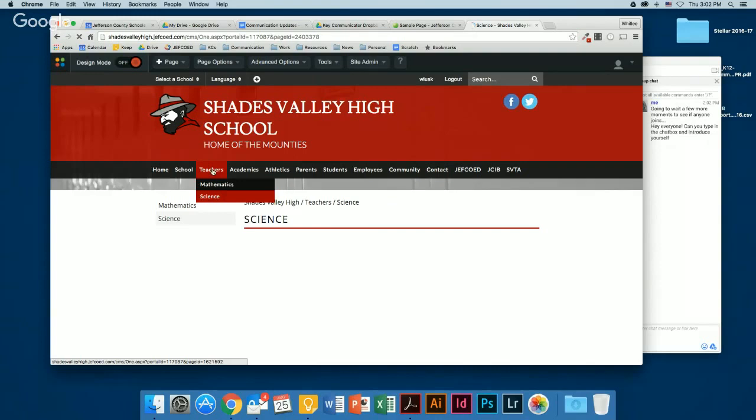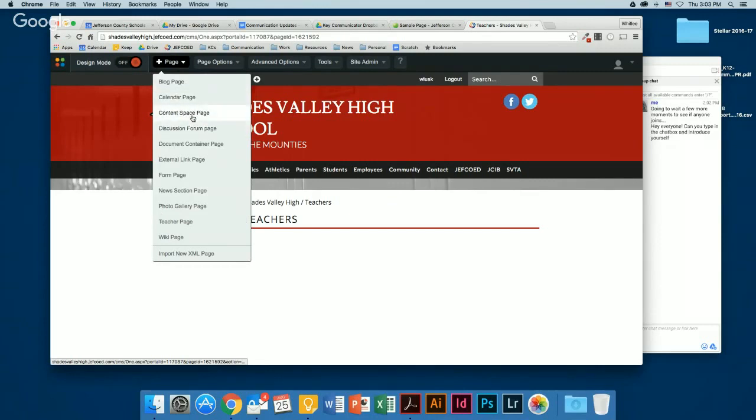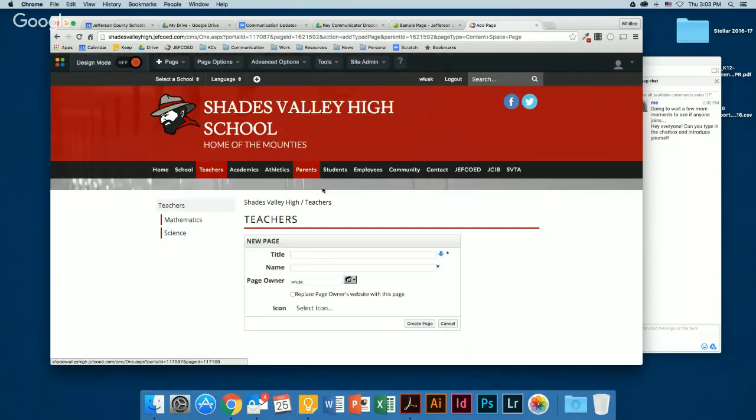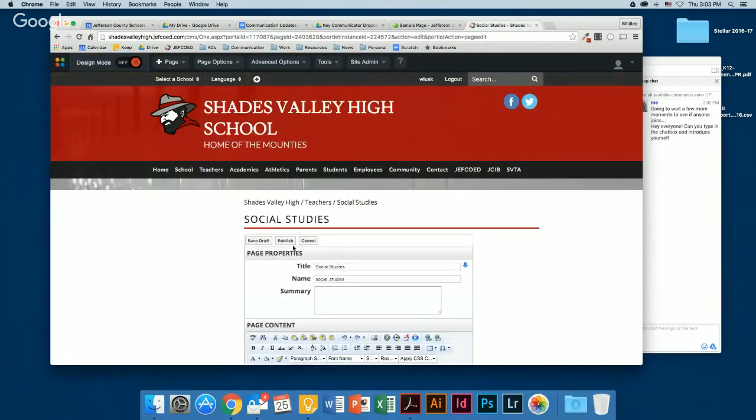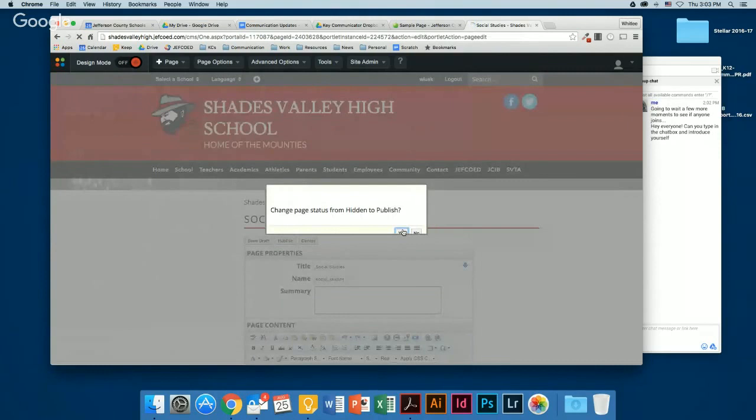So teachers, it needs to go under teachers. So content space page, we'll do social studies, and so forth. You can go back and alphabetize these if you want.